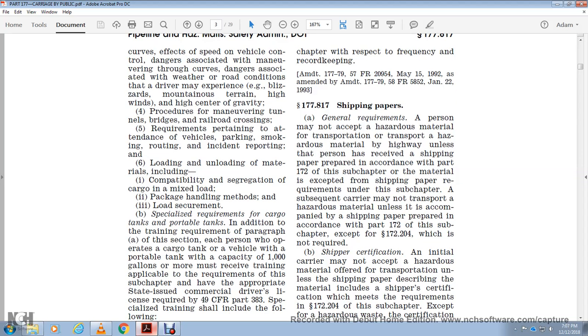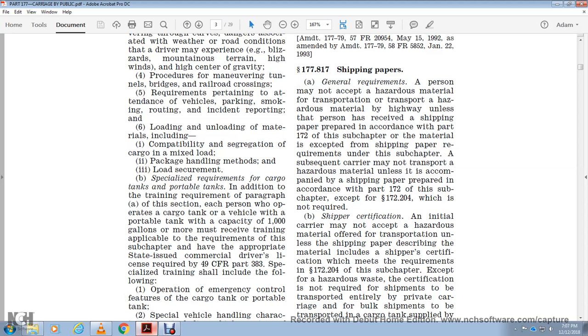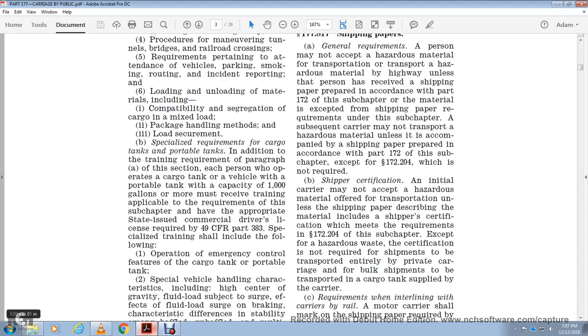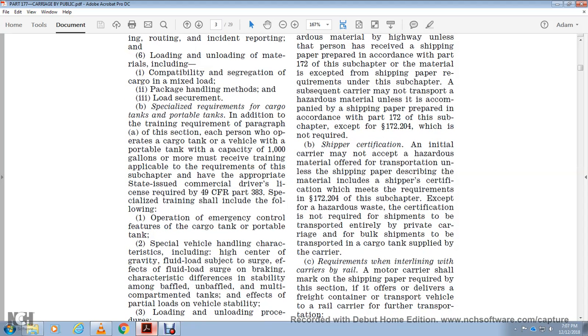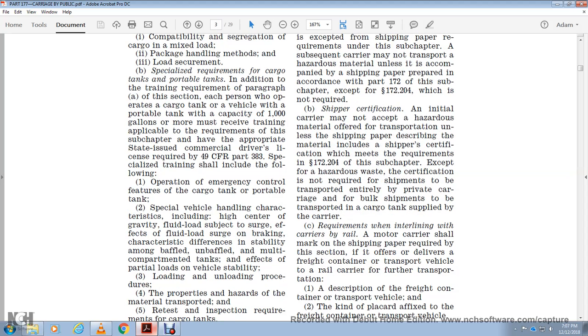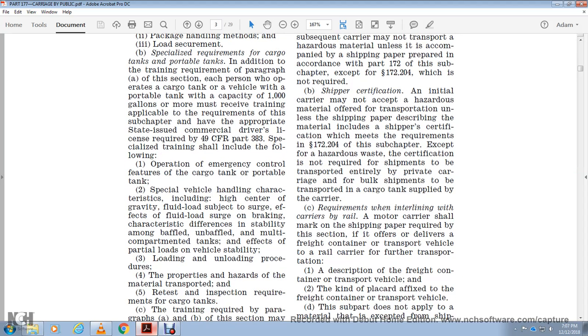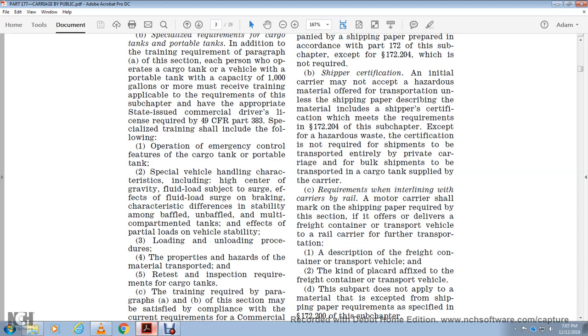issued commercial driver's license required in Title 49 CFR Part 383. The specified training shall include the following: operators for the emergency control of the cargo tank and portable tank; special vehicle handling characteristics, including gravity fluid load subject to surge and the effect of fluid surge on braking characteristics; the difference in stability among baffled and unbaffled multiple compartment tanks; the effect of partial loads on vehicle stability; loading and unloading; the properties of the material transported; and retest and inspection requirements for the cargo tank. The training required for paragraphs A and B